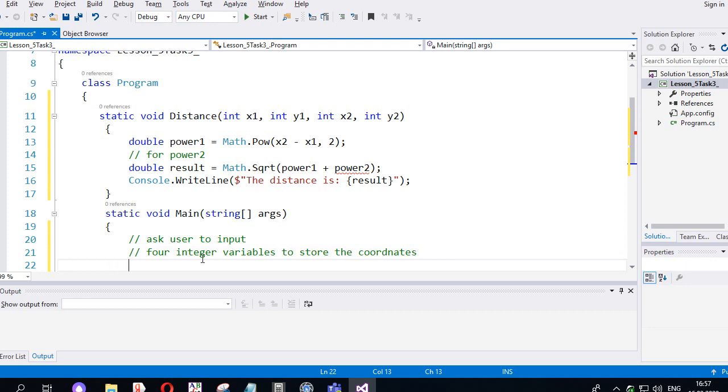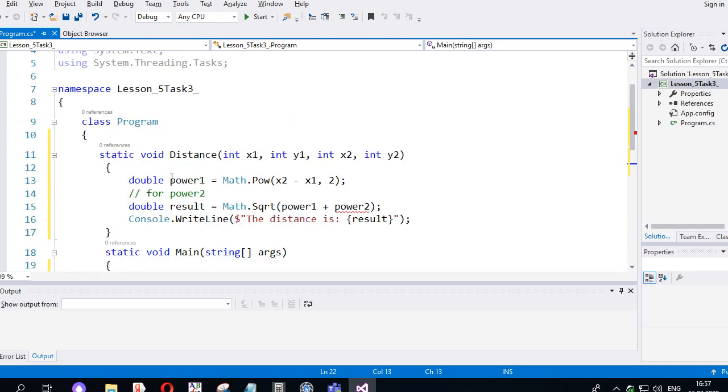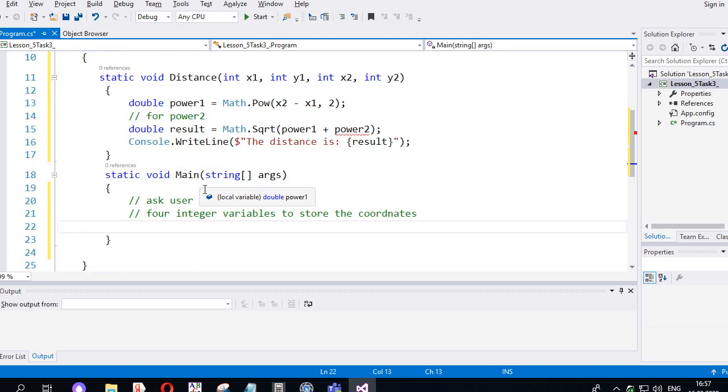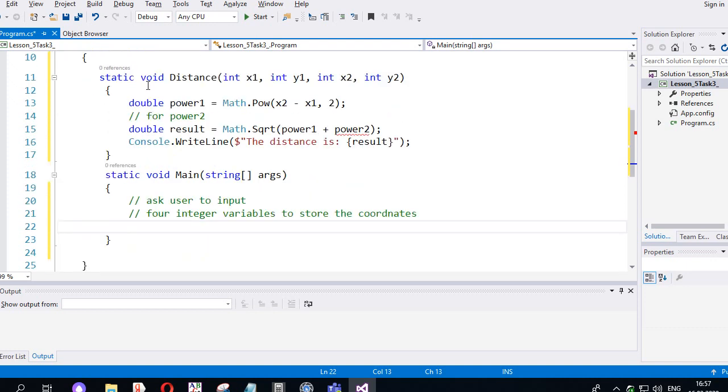So you will have four variables, you will input them, and then you have to call your method. How to call it? You have to know it because we did it. So if you have void here, we call the function just by putting its name, distance,